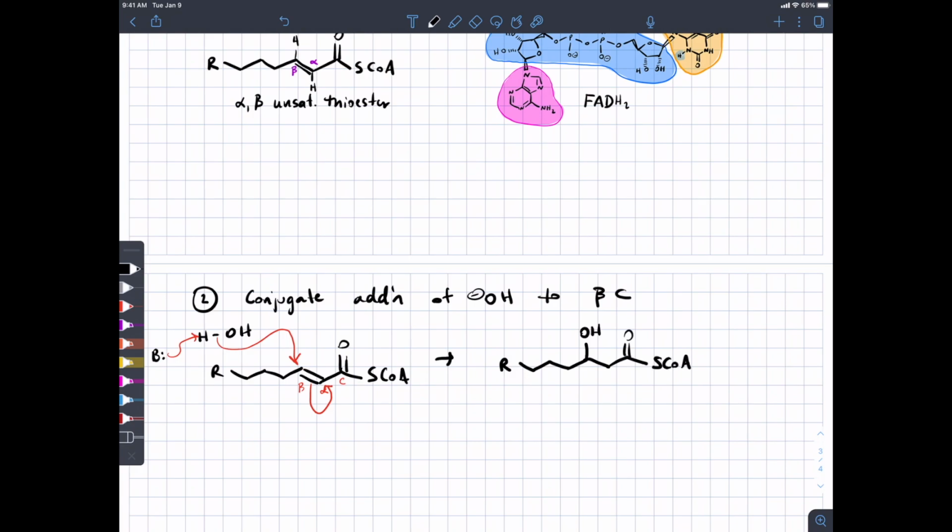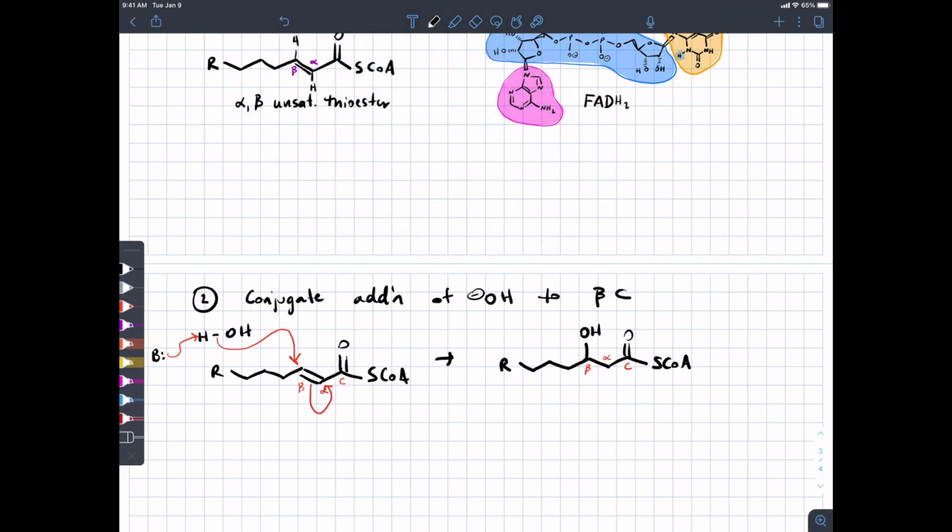Okay, so now we have an oxygen on the beta carbon. And this is why we call this process beta oxidation. Okay, questions about that step? It's just the reverse of the dehydration reaction that happens in the